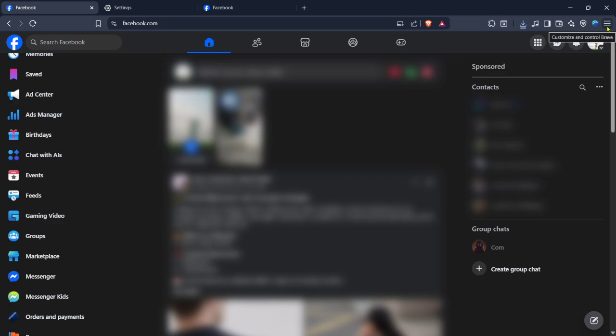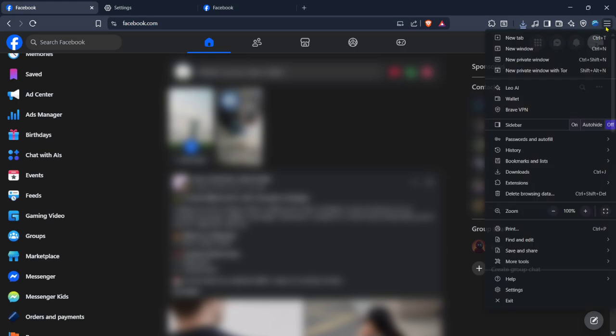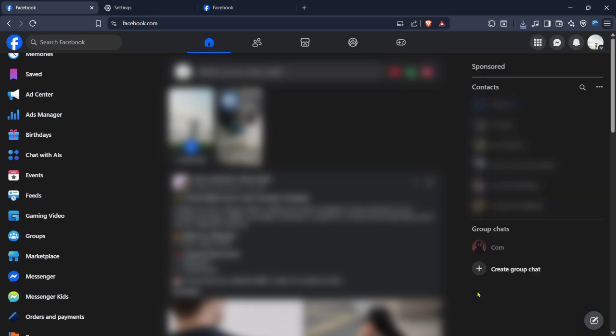From here, I'm going to head up to the top corner and click on the three dot icon. So I'll go ahead and tap on that, and once I do, a menu drops down with a list of options. Now in this menu, I'm going to look for settings. So I'll scroll just a little bit until I find it, and then I'll click on settings to open up